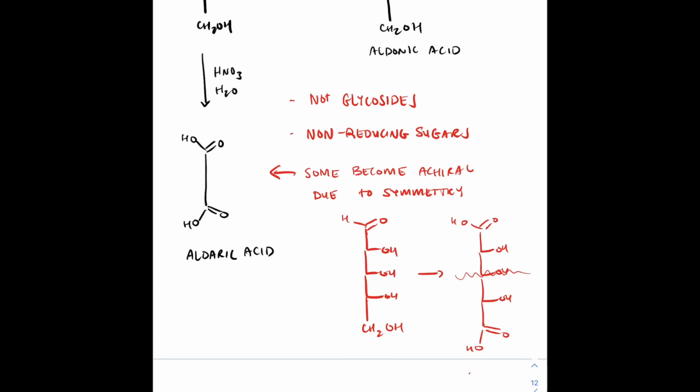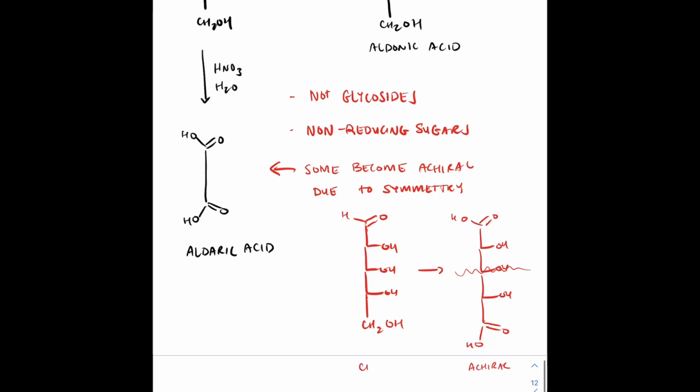So therefore this would be an achiral aldaric acid product. Okay, so again, it's important to note that this reaction won't occur for glycosides, and that's by definition why we call them non-reducing sugars, because